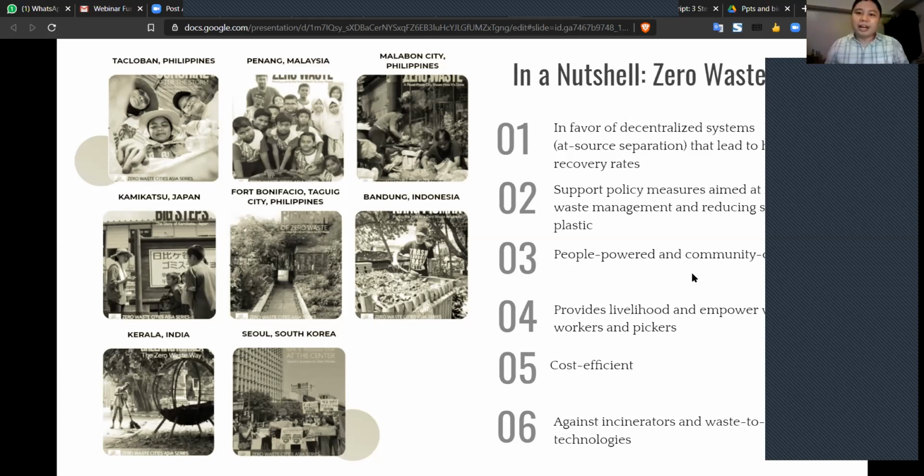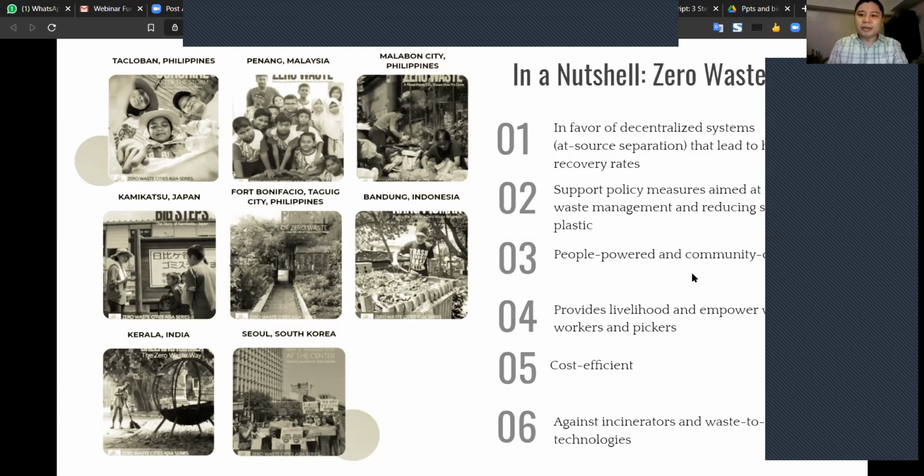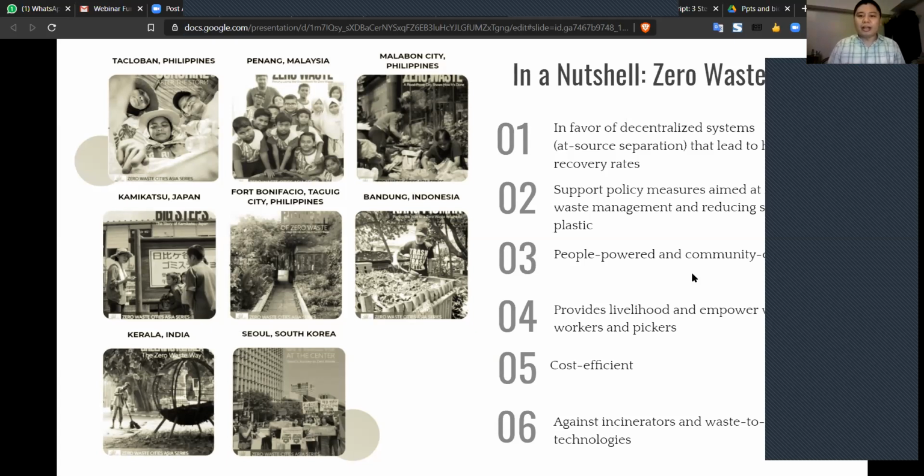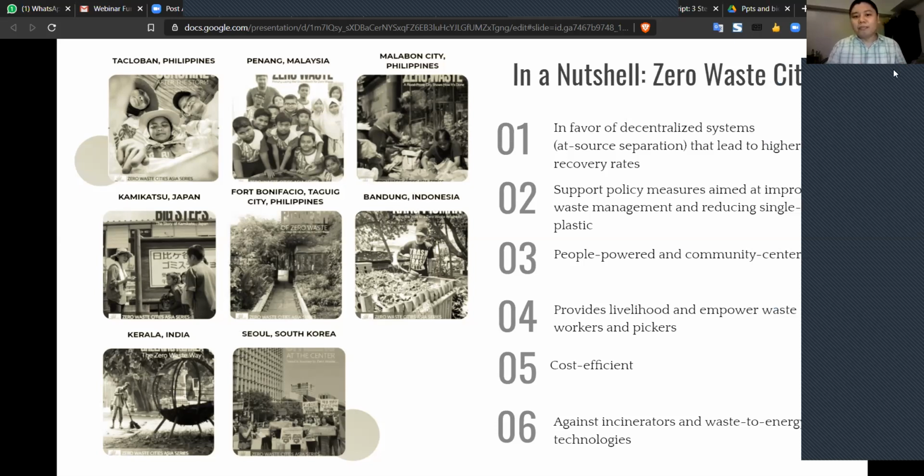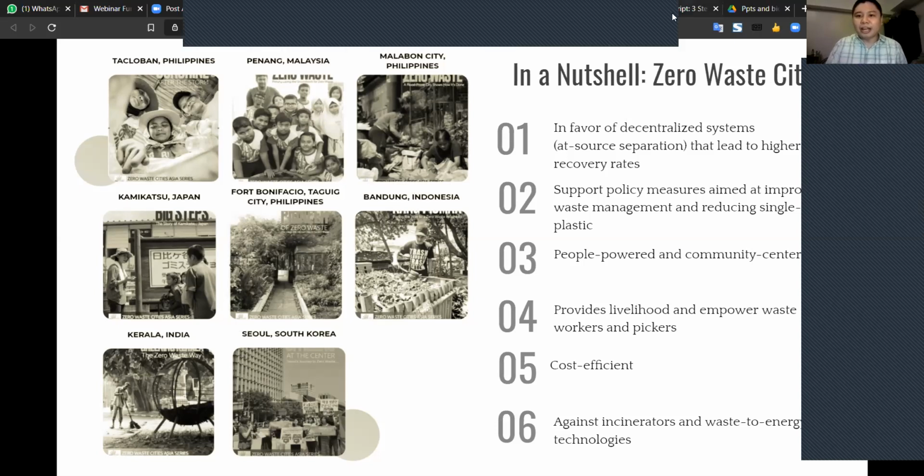And first, zero waste tends to favor decentralized systems as much as possible. We could try to collect waste close to or at source to increase recovery rates. Second, we provide support to policy measures aimed at improving waste management and reducing single-use plastic. So one example, for example, in the Philippines or in India, you have national laws that,